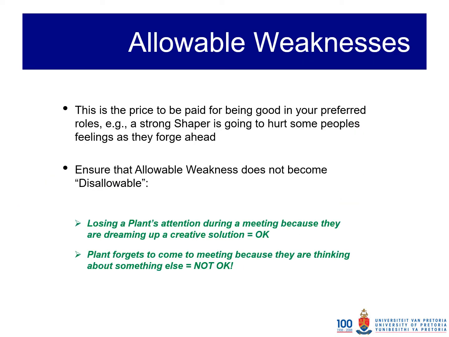You will notice that in the slides, in the theory, there's the description of the role, but then there's also the allowable weakness. But what is the allowable weakness? We can say this is the price to be paid for being good in your preferred role. So, for example, if you are a strong shaper,